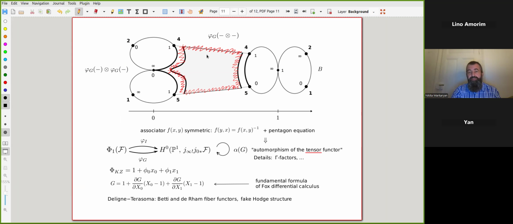What did we use? We used this. So we have this pentagon, and what do we need? If our associator is symmetric, it means that the projection of this pentagon on this affine line on M04 is homotopically trivial. It means that in fact the projection of these three sides is trivial, and